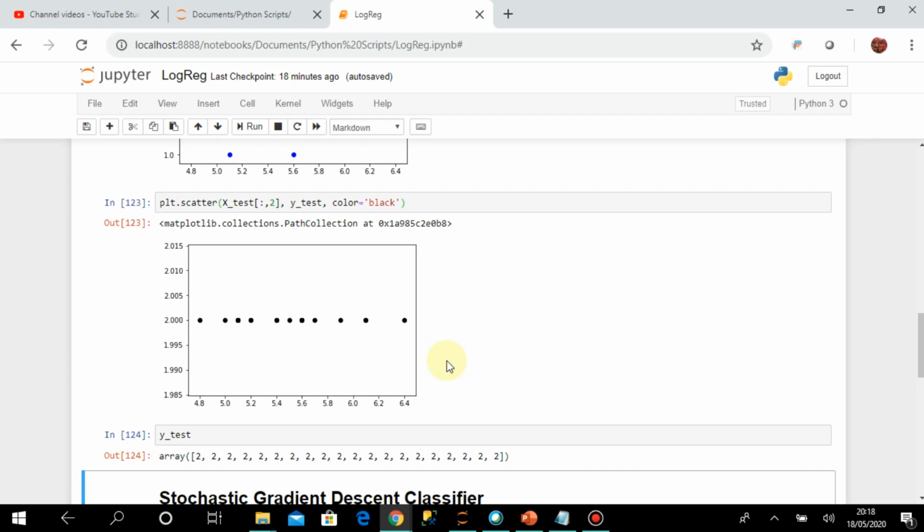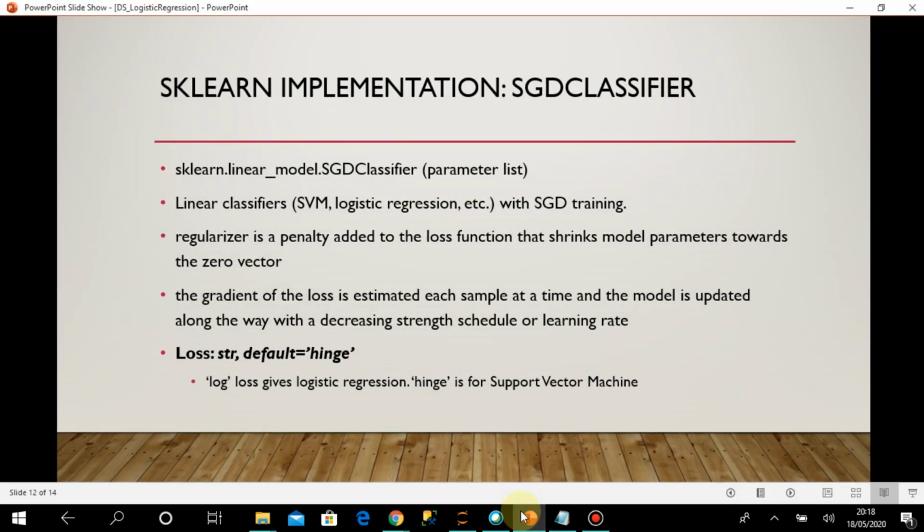So that is how we have implemented the logistic regression algorithm, and now we'll see how we can implement gradient descent with this logistic regression, that is again a Sklearn implementation. We have already used SGD regressor for linear regression, and this SGD classifier is for logistic regression. This module also takes a lot of parameters, and we can use this SGD classifier not only with logistic regression but with other classifier algorithms like SVM, that